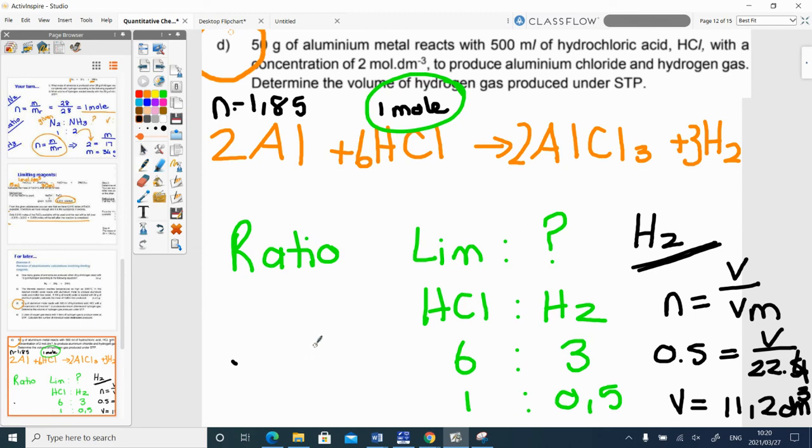Guys, can you see limiting reagents is not a beast? Okay, there's not really much time left, but do you want to quickly take a break? And then we're just going to look at percentage yield and percentage uncertainty very fast, and then we'll practice for the last 20 minutes.